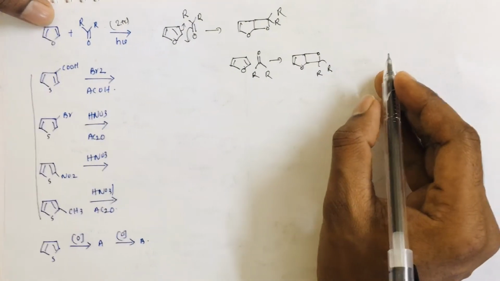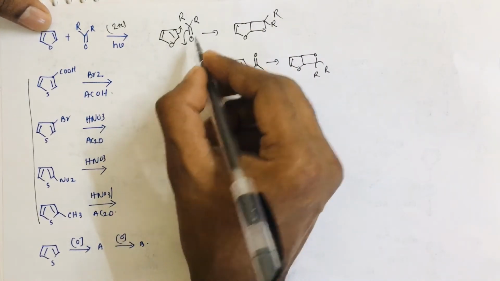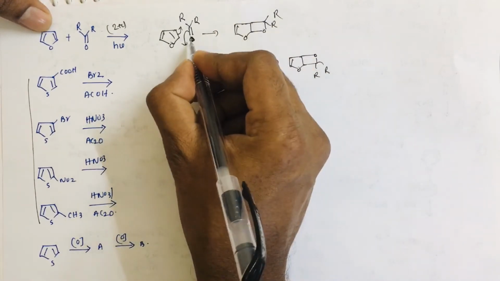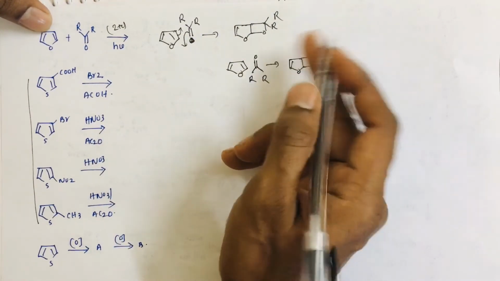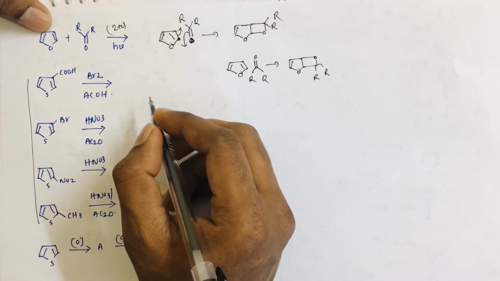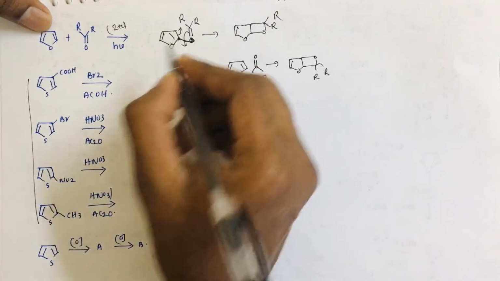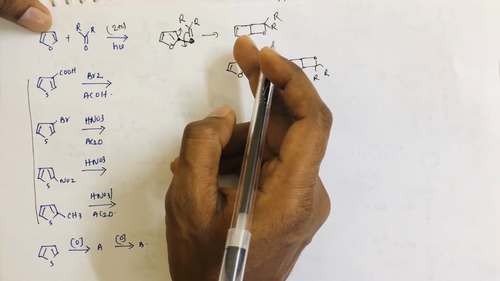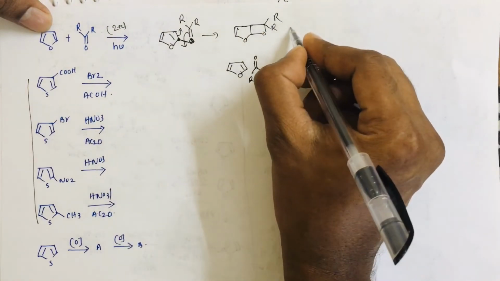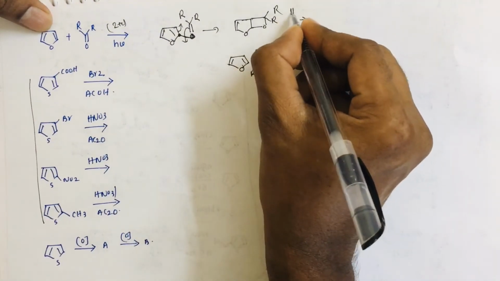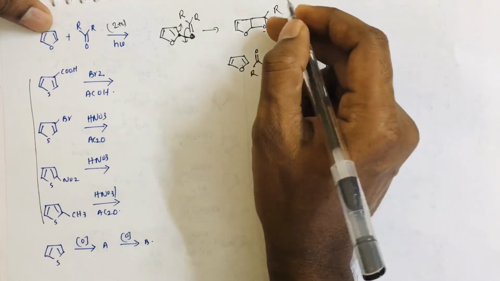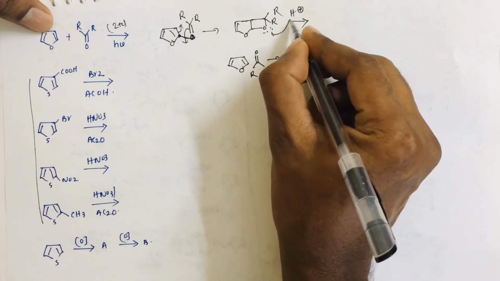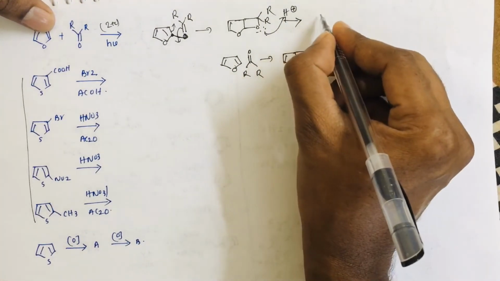But which one is the major here? As we know, in this case this oxygen is an electron withdrawing group, and it has to attack where more electron density is present. At the C2 position we have more electron density, so because of that oxygen attacks the C2 position. Now if we do the protonation of this compound in order to open the ring, because of angle strain this is not stable actually. So the lone pair attacks this H plus,